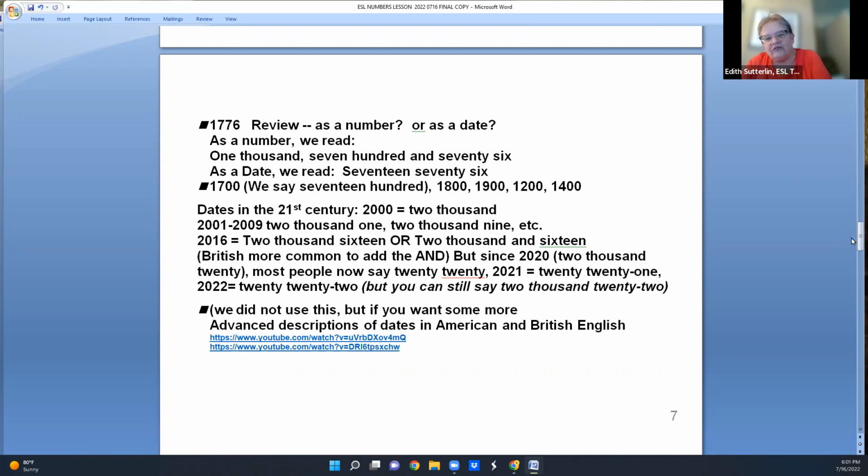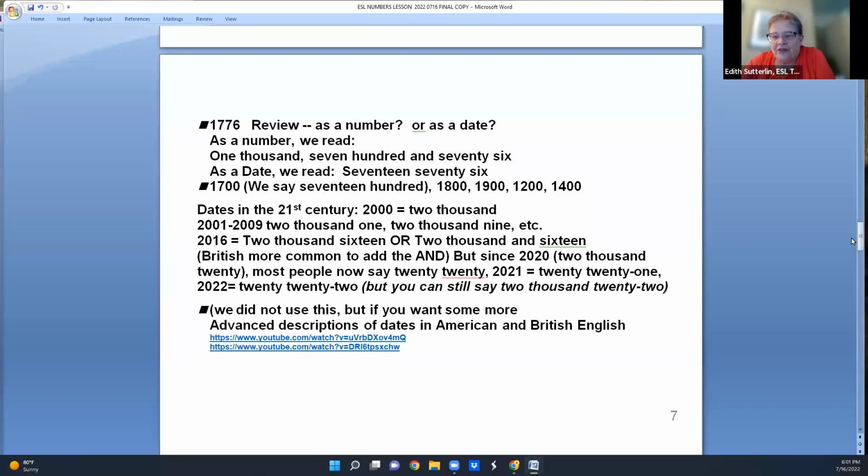Now, if you're learning or reading the dates as the centuries, we would say, for example, 1700. This happened in 1800. So let's repeat those. 1700, 1800. You can say that with me. 1900, 1200, and 1400. Now, when we get to the dates of the 21st century, we say the year 2000,